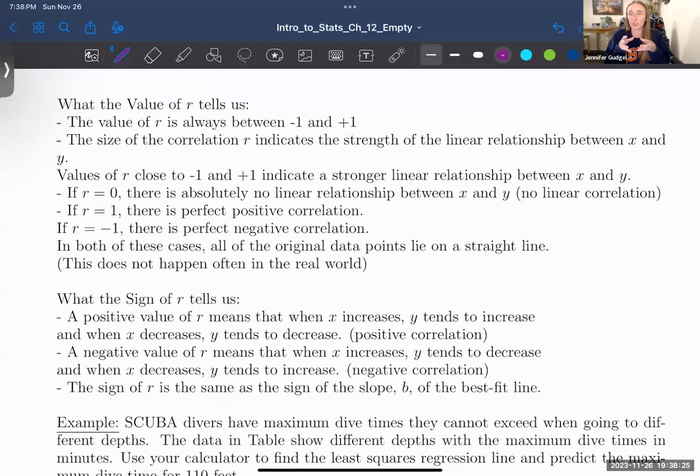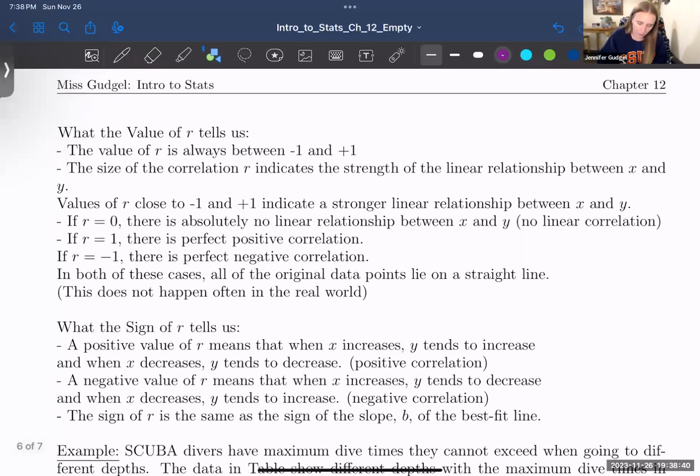If the correlation coefficient R is close to 1 or close to -1, that means it has a strong positive correlation if it's close to +1, or a strong negative correlation if it's close to -1. Let me draw a number line to help you see what I mean by close to. On a number line, we have -1 and 1, and exactly in between those two, we have 0. So something like 0.9 is strong positive correlation. Something like -0.9 is strong